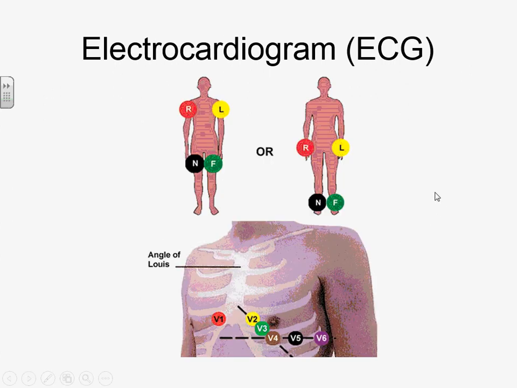We can do ECGs, electrocardiograms. Now, they pick up the depolarization. So they are picking up electrical activity in the heart. They're not telling you when it's contracting and relaxing. They're actually picking up that depolarization. And they can be done from various points of view on the body. Sometimes you might just have 3 electrodes across the chest. Sometimes they're done shoulders, don't know where that is, thighs probably, wrists, ankles.